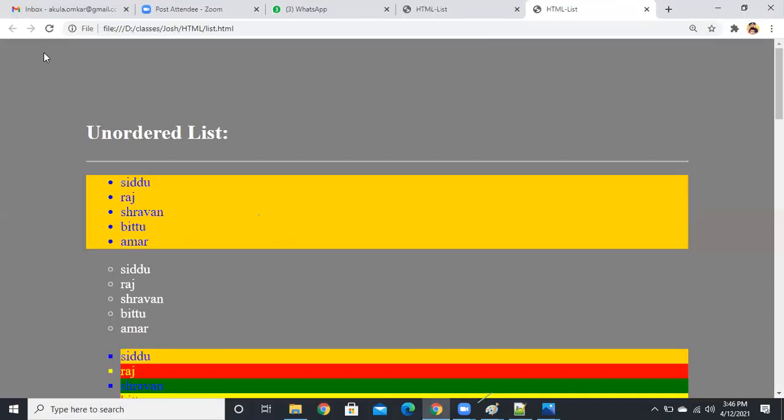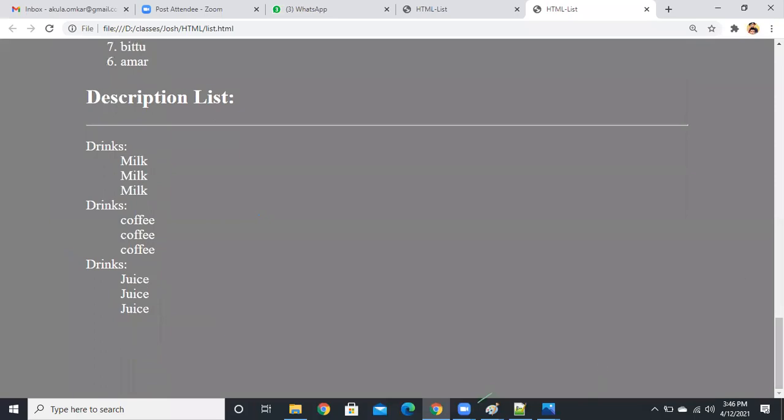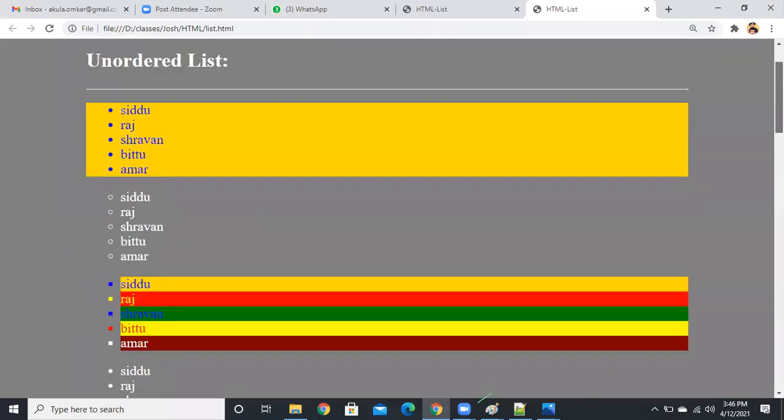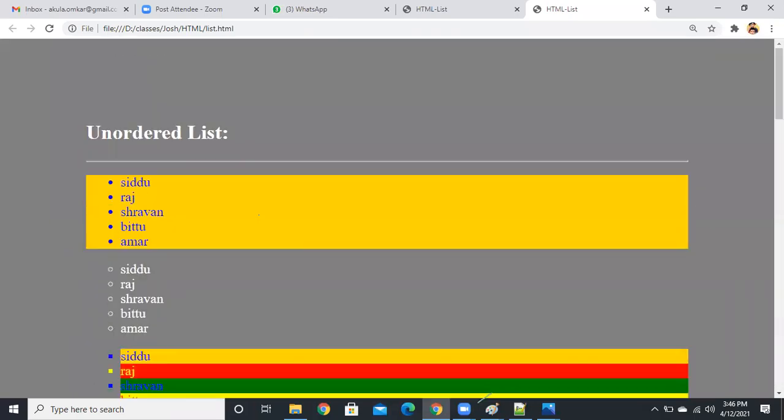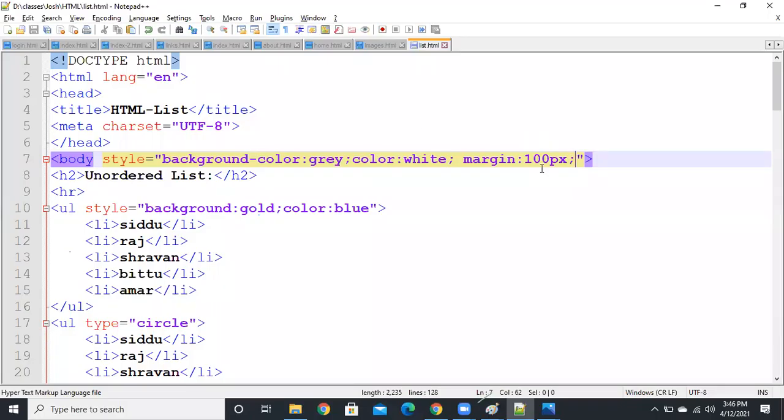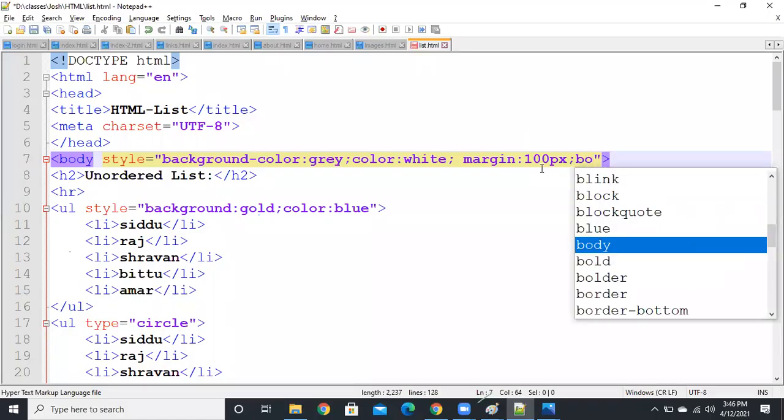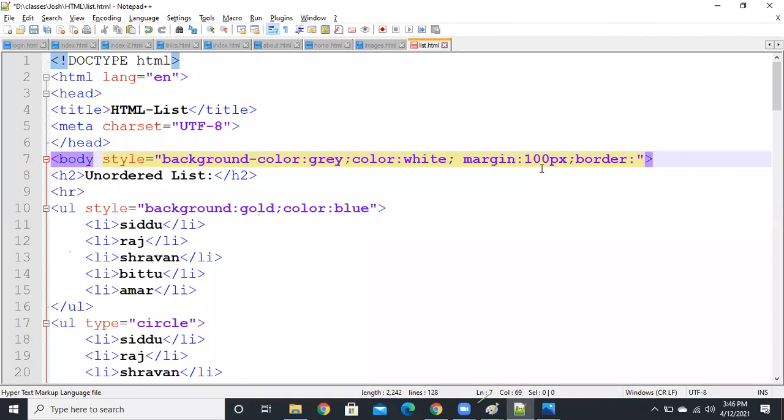Top, right, bottom, left, it will apply. See, Rohit, like this. On top you have 100 pixels, on the left 100 pixels, on the right 100 pixels, and the bottom also. I just apply it to the whole body, so it will look like this. We'll discuss this later. I gave this for your understanding. Border is also something we are going to cover in CSS. So try to understand: suppose here border is something like 2 pixel solid.